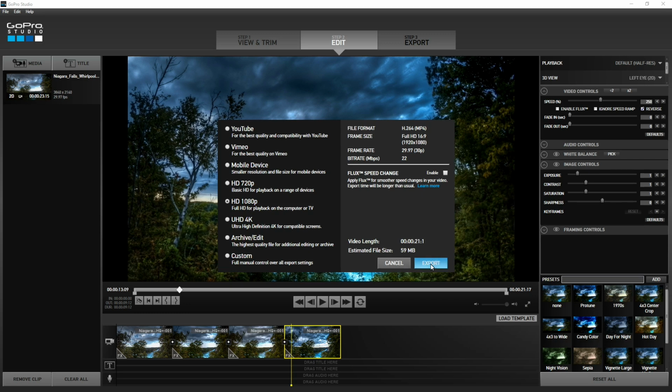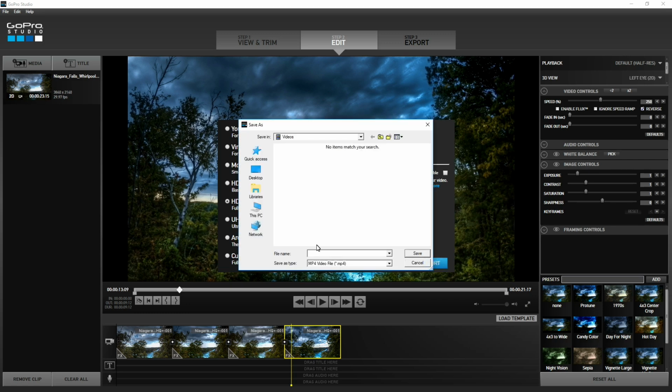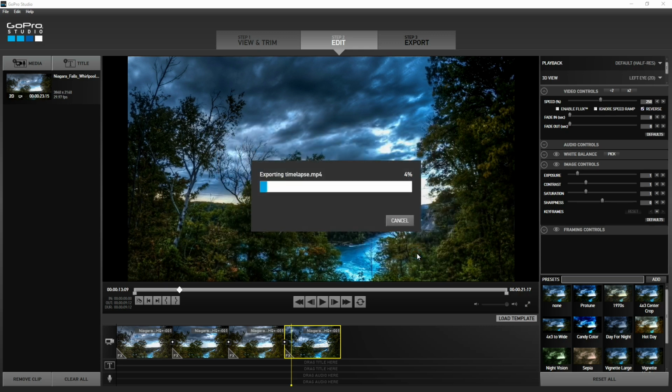Now we're going to hit the export button. We'll name it Timelapse and just save it. It's going to be saved to your video folder on a PC if that's what you're using. So now we'll just wait for it to export,